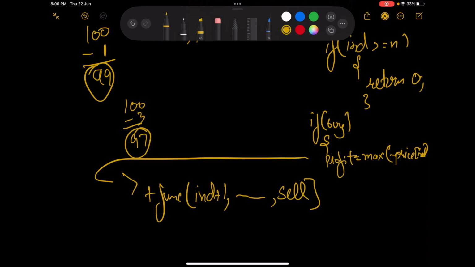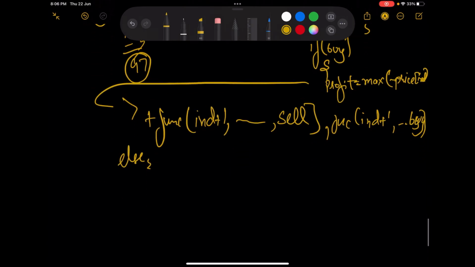Okay, this time I have to sell, or I can go ahead in my function on my index and I can buy again if I haven't bought. And if I am selling, then I will do the same thing. My profit will be, here I was excluding the price, here I will add the price, because I am selling it, the profit is coming into my pocket. So max of prices of